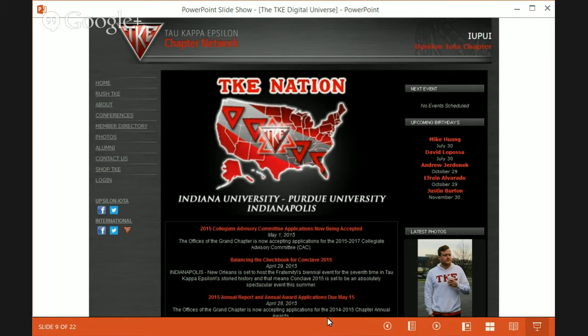Again, as I talked about the database interconnectivity, when you make updates in the chapter module, those automatically happen on the chapter website. As soon as you change an officer, it gets updated on here, and then they can log in and actually use the system to update the website. It's a content management system, so no technical experience is really required. But there's a ton of features, and we continue to add new stuff. So chapter scroll listing, chapter awards, full member directory, all of that stuff, as soon as it goes into our primary database, gets immediately populated and put across the chapter website network.